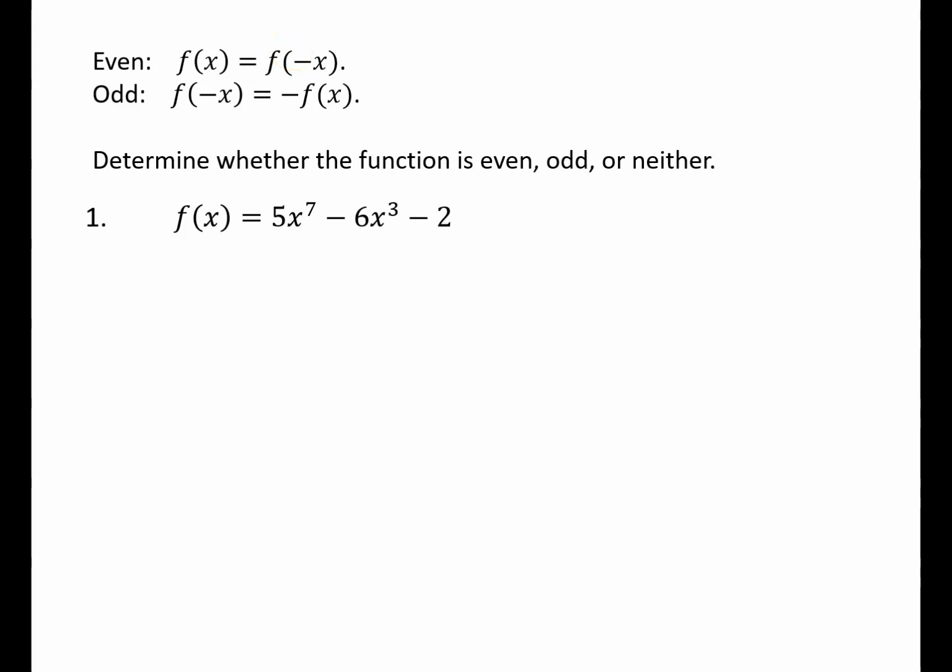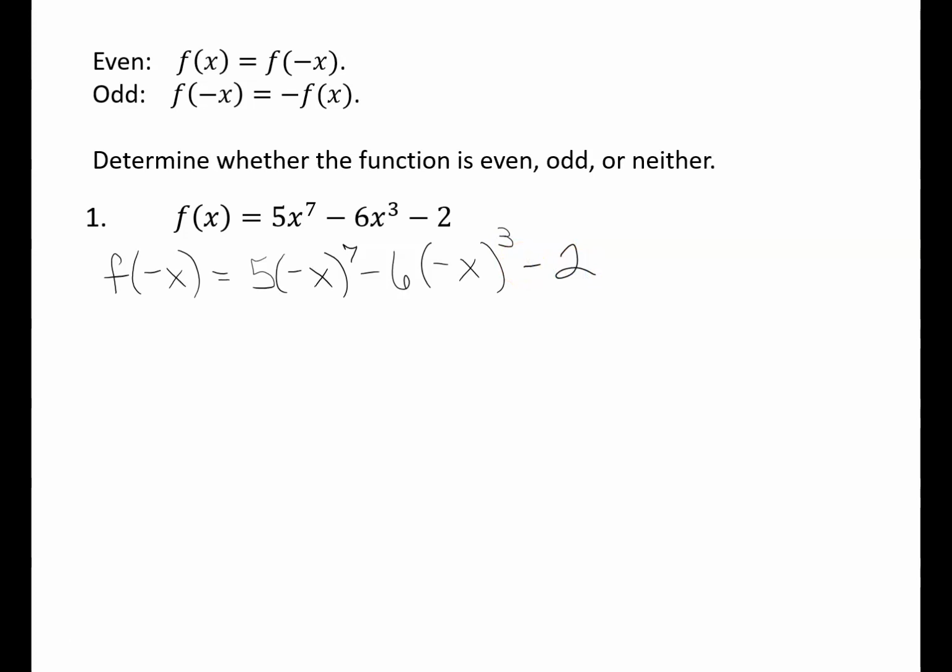So let's go ahead and start with that on number 1. We're going to find f of negative x. So for each x, we substitute negative x. Let's put parentheses around it when you substitute it. So here, and then we bring down our minus 6, substitute in the negative x, keep the exponent,